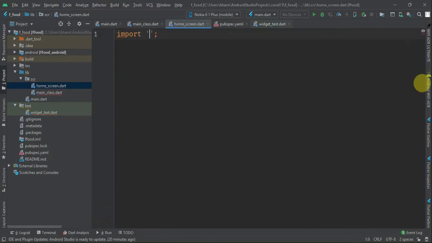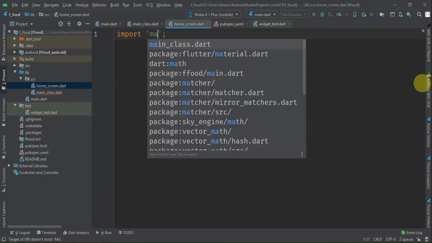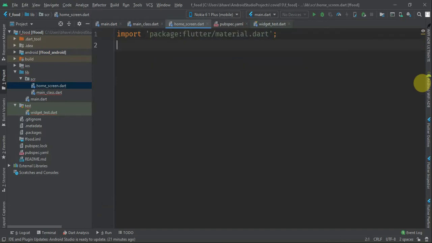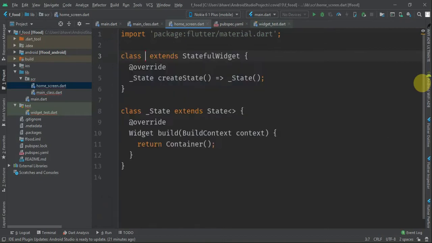So it is nothing but import material dot dart. Inside that, why do we need a scaffold stateful widget? Because we have to pass the data to Firebase and retrieve it back. All the things will happen in this form. That's why previously we haven't taken it for the main class and main method, because there we do not have to pass or manipulate the data. You will understand the whole concept later on, right?